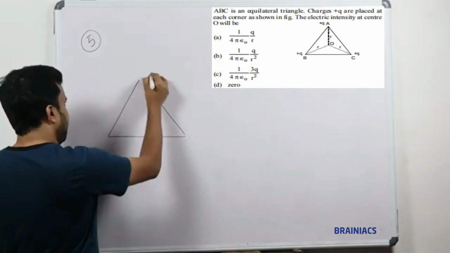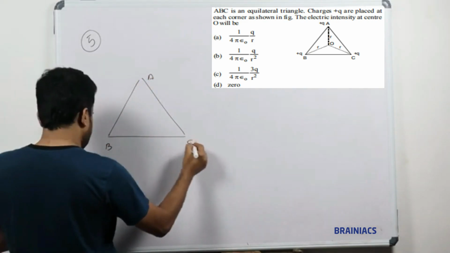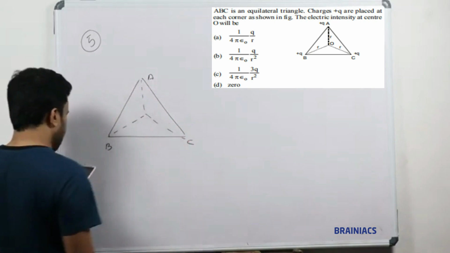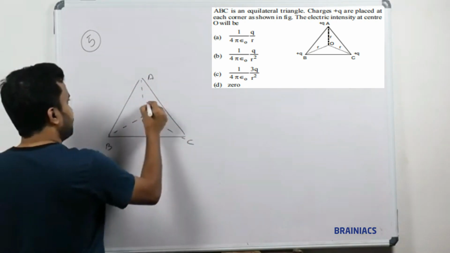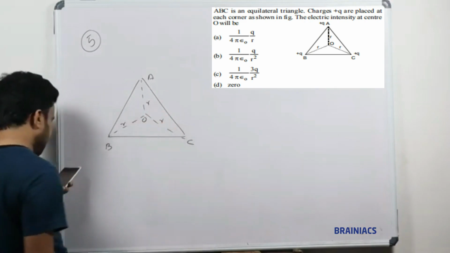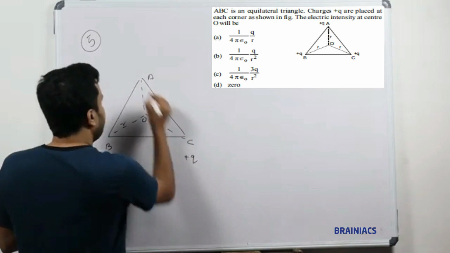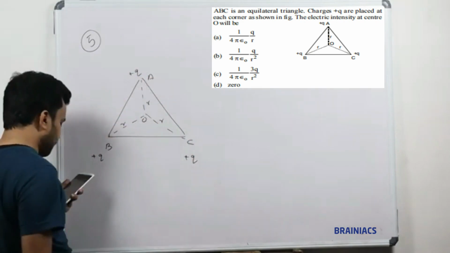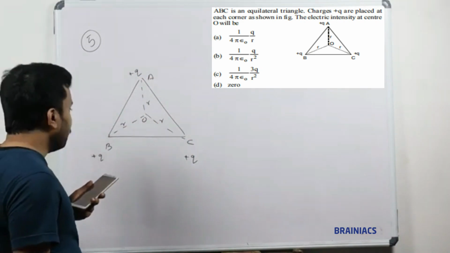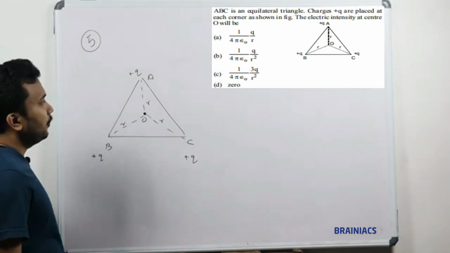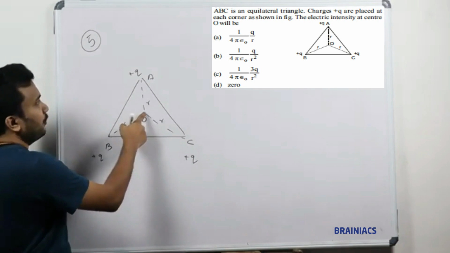So we have A here, B here, and C here. And at the centroid, point O will be there, which is at a distance of R meter away from each of the corners. We have placed plus Q, plus Q, plus Q. All charges are placed here. What is the electric field intensity here? This was the question. So while looking into this one, I am going to find out the electric field intensity at